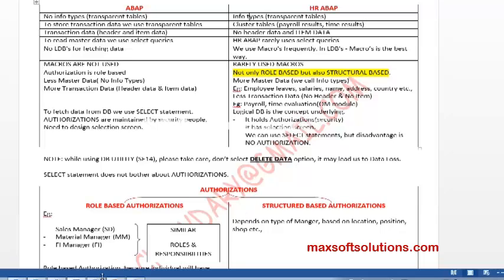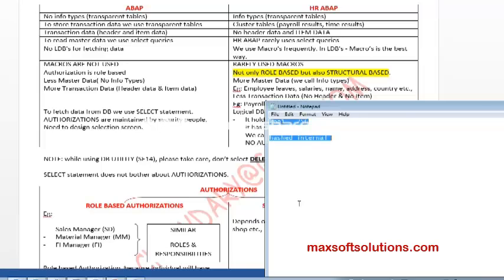Why do we go for transparent tables? The question arises. If you want a company code, this will be in the T001 table.